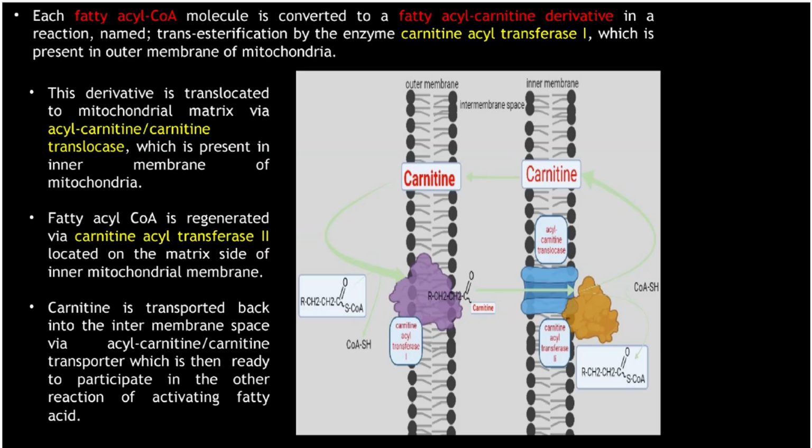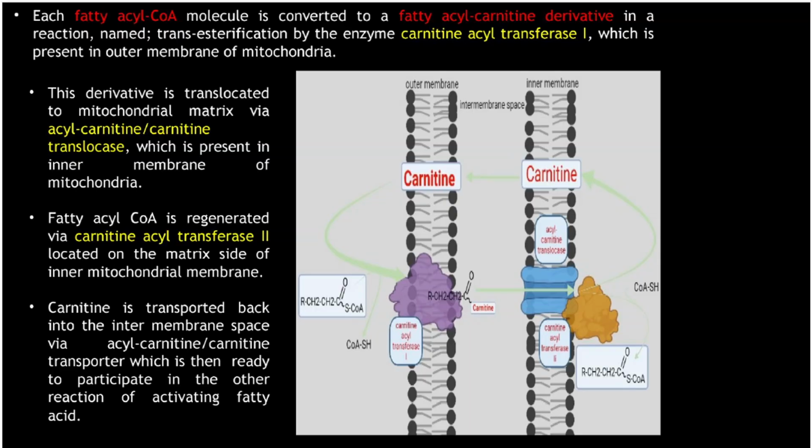It is still going on in the outer membrane of mitochondria. We haven't entered the mitochondria yet. Okay. So the derivative is translocated to the mitochondrial matrix via acyl carnitine translocase,